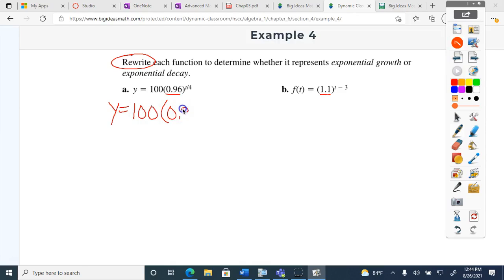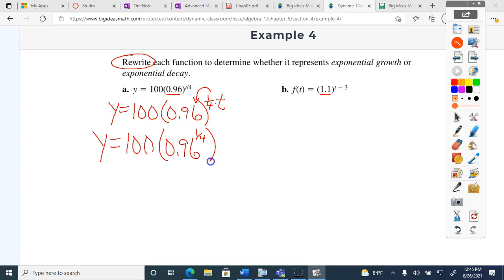100 times 0.96 to the 1/4 t. Or I should say times t. All right? Now, we did this the other day. When do you multiply exponents? When you take an exponent to another power, a power to another power, right? So this 1/4 can actually go inside there, inside the parentheses. You would write it like this, 0.96 to the 1/4 power